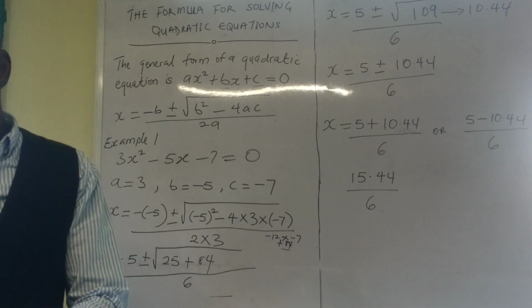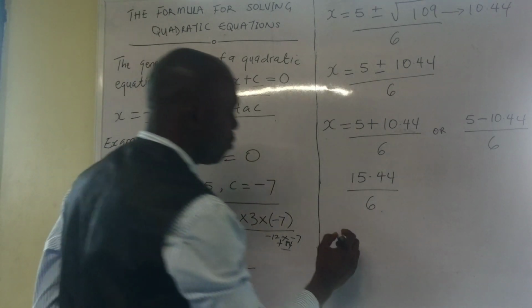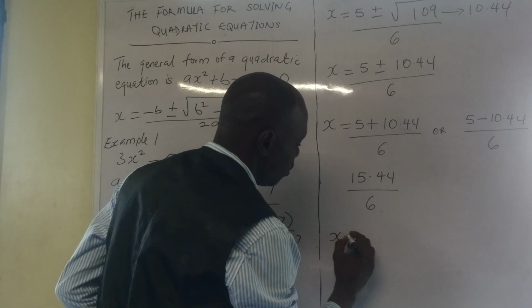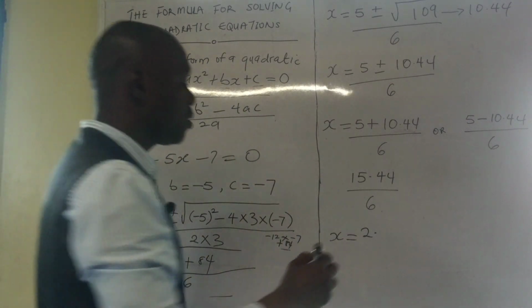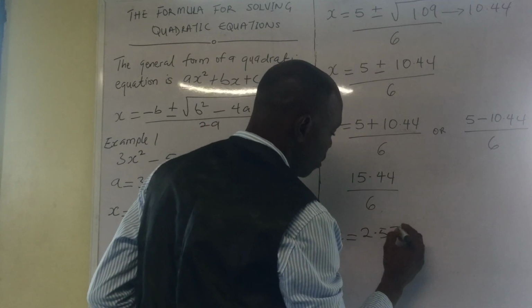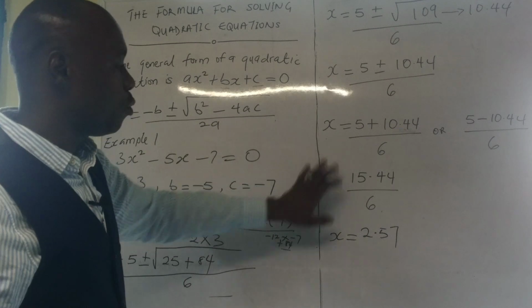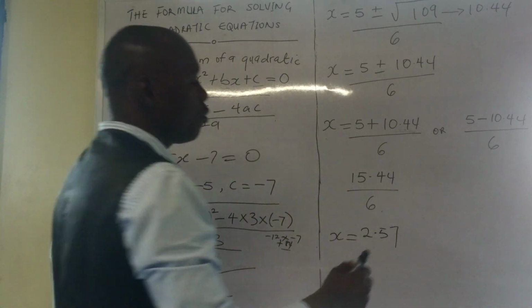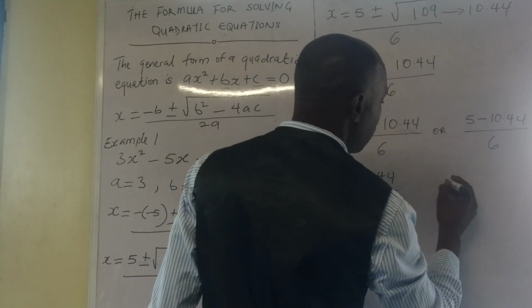15.44 divided by 6 is going to give us 2. This one is x here. X equals 2 point, we leave it in 2 decimal places, 5, 7. And mind you, this one is positive or true, so 2.57. So then here too, for this one now, if you remove this one it will give you